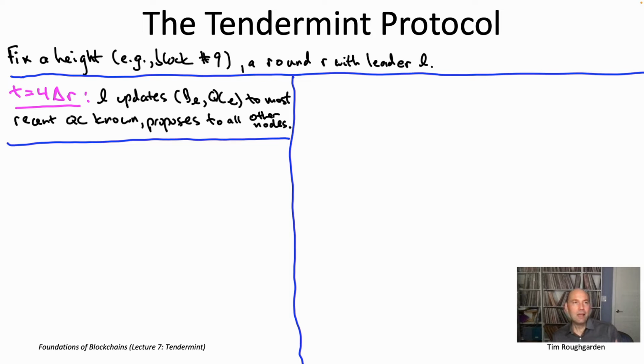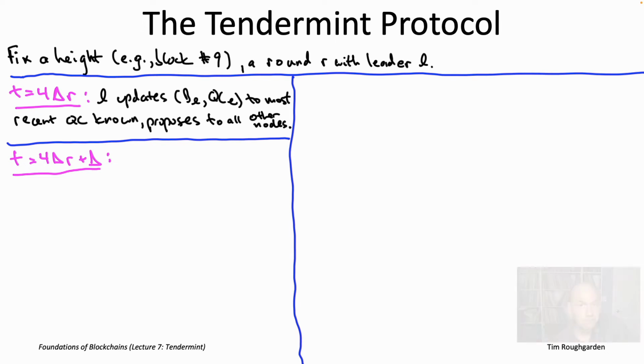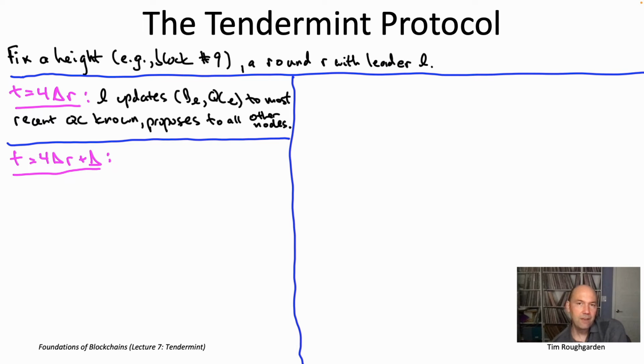Okay, so you'll say, hey, for block number 9, for round 117, look, I'm the leader node number 17. Here's my signature. Here is my proposal for the block and a quorum certificate that supports it. The second phase then starts capital Delta time steps later. The point of the second phase is basically for honest non-leaders to acknowledge and vote upon the proposal that was made by the leader in the first phase.